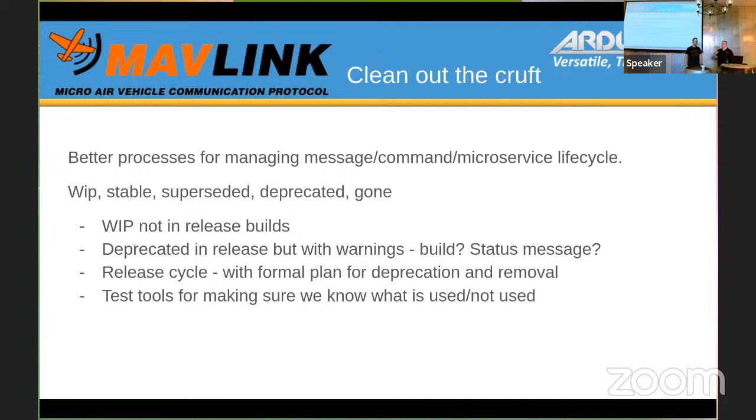With that standard.xml, I guess the first step we've made there is breaking out what's now minimal, which is an include into standard, which is an include into common. That's kind of, you know, what is the minimum MAVLink implementation to exist on a MAVLink network. The next step is growing that into that standard.xml.